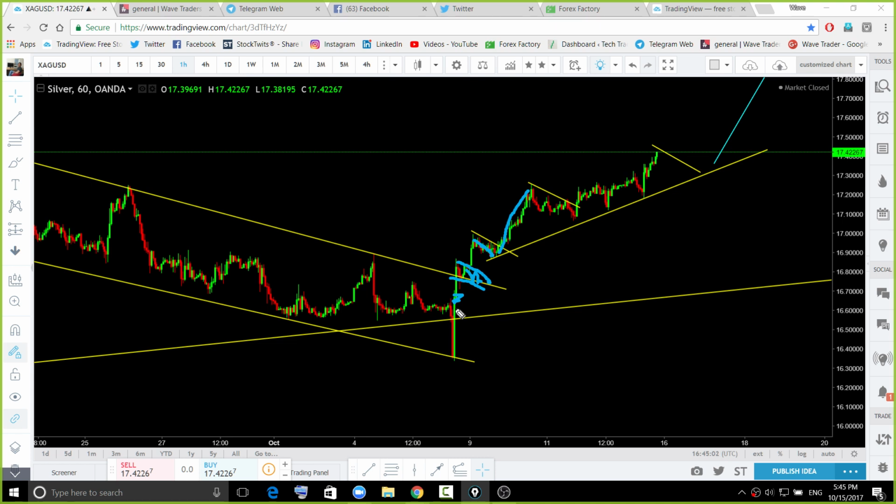So I'm looking for more continuation to the upside because the trend is so strong and I don't see any strength on the dollar pairs right now. That means we may see strength on gold, on silver, and on yen. So we can look for a buy on gold and on silver. All right, the perfect trade setup was at this area, but that opportunity is gone.